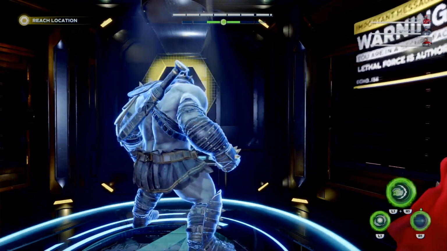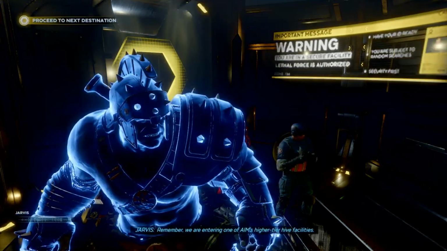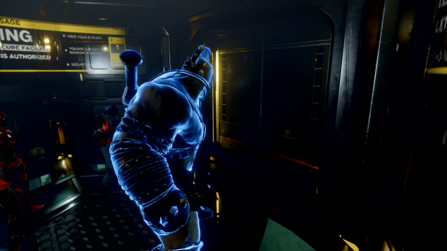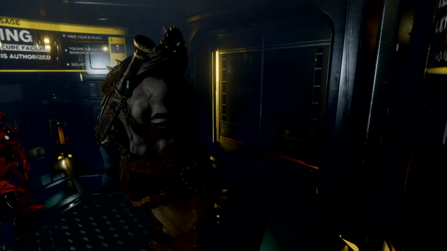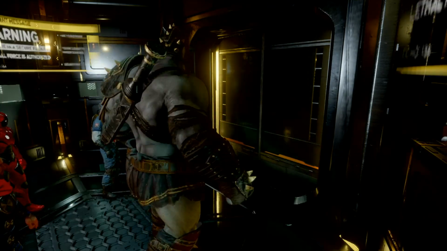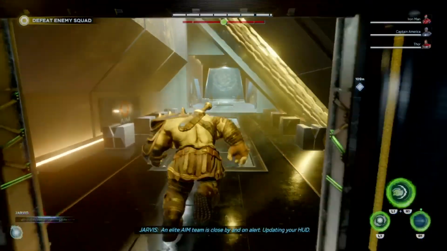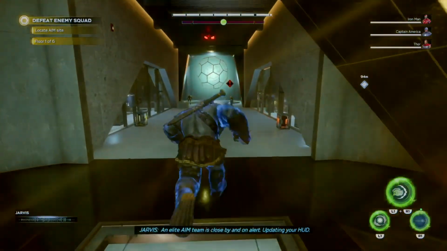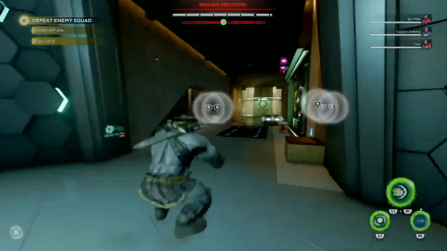Remember, we are entering one of AIM's higher-tier hive facilities. An elite AIM team is close by and on alert. Updating your HUD. Every member of the elite team